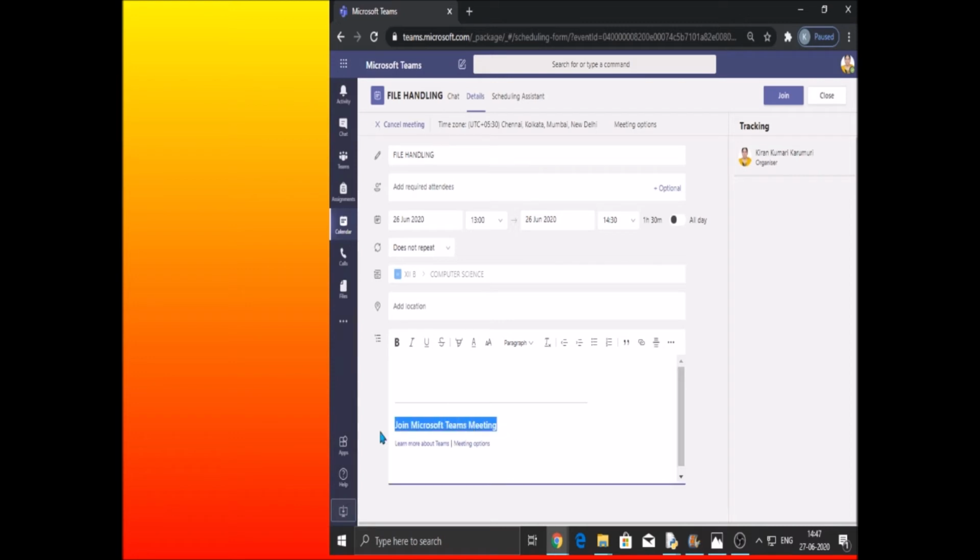You can see here once again, if you open the scheduled meeting, in the description message window, you can see the join Microsoft Teams meeting link. Here you go.